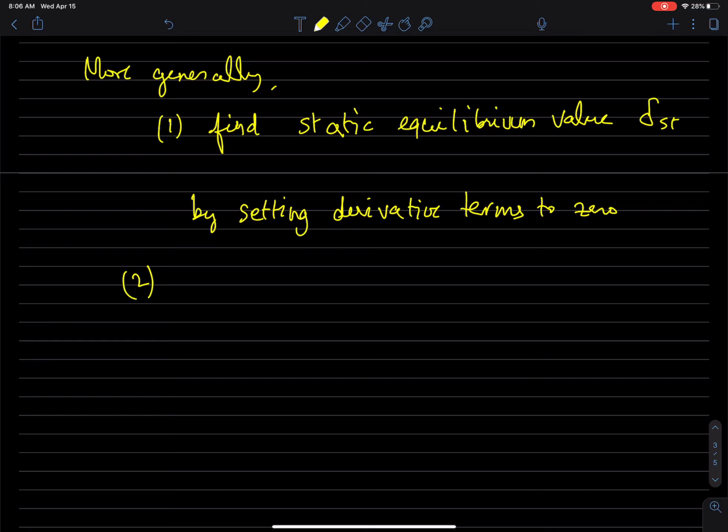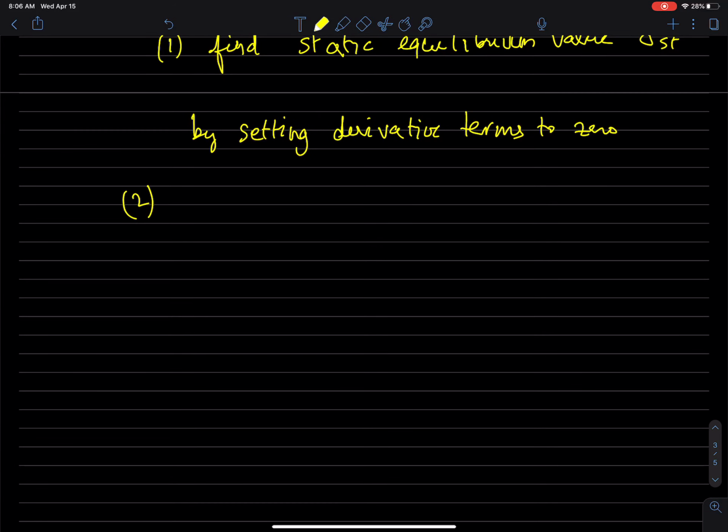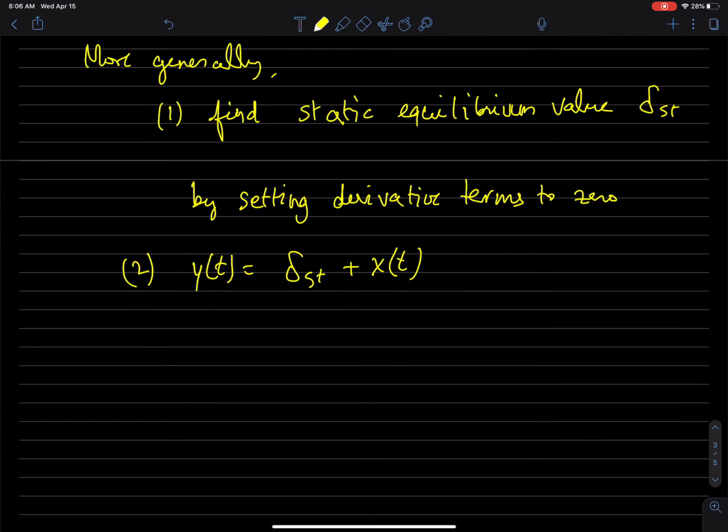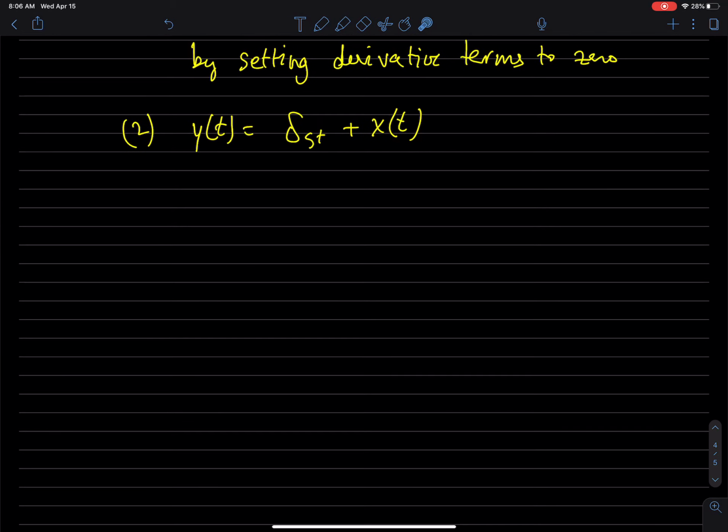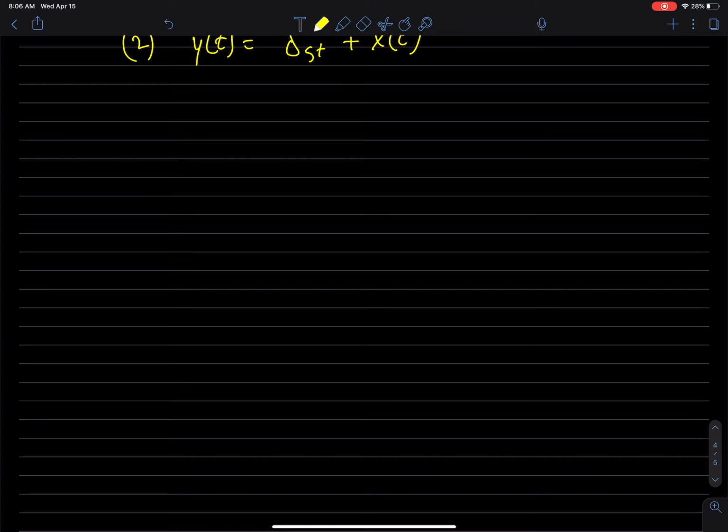And then 2, you go y of t equals delta s of t plus x of t. Okay, so this method is going to be true for whatever system. Okay, so let me just expand on that. So part A,